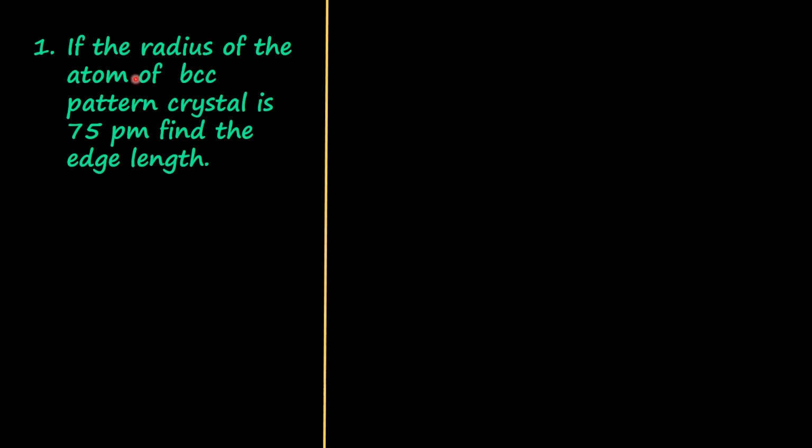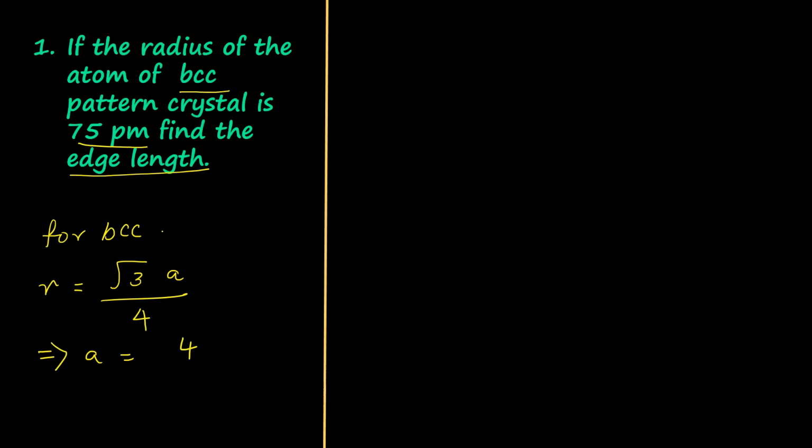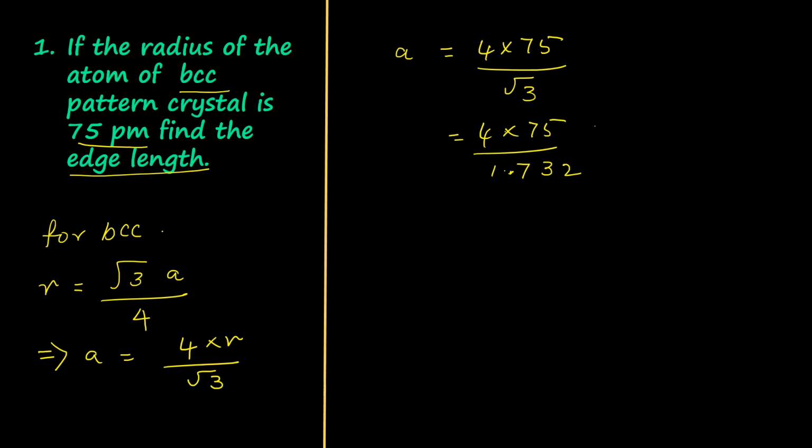If the radius of the atom of BCC pattern crystal is 75 picometer, find the edge length. We have to find edge length from radius of the atom, 75 picometer. The pattern is BCC. For BCC, radius R is equal to root 3A by 4. From this, A is equal to 4R by root 3. Edge length A is equal to 4 into 75 by root 3, equal to 4 into 75 by 1.732, equal to